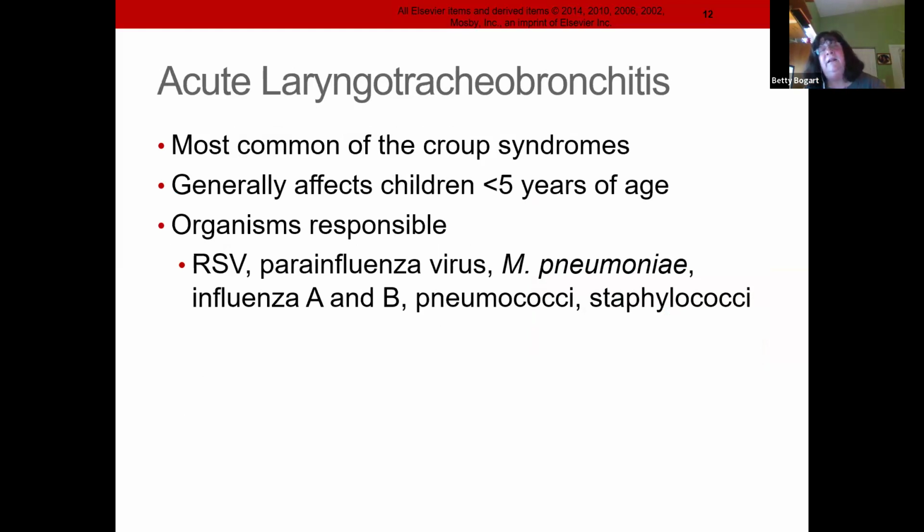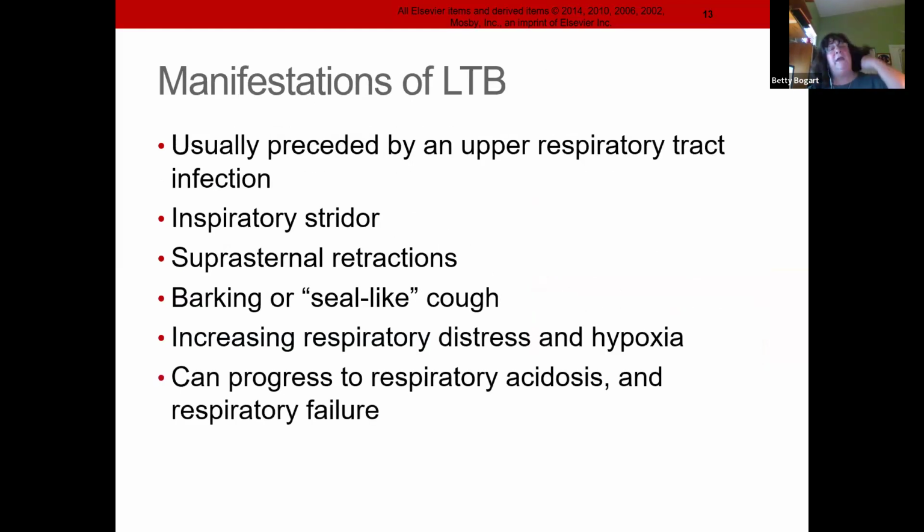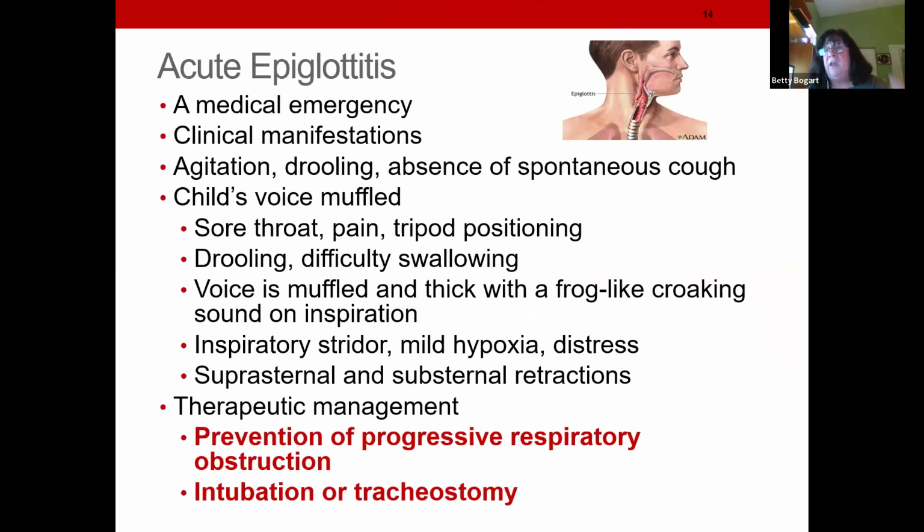Laryngeal bronchitis, again, that's your croup. And this is what we'll hear. And as I said, if we don't take care of it, it's going to lead on to some life-threatening stuff. The swelling goes up, air can't get in, and you end up with acute epiglottitis. Now, I've already said that's swelling at the back of the throat around the epiglottis. What does that epiglottis do? That's that leaf-like structure that covers the trachea when you swallow so that food doesn't go in your lungs. Well, that airway is now covered by this swollen epiglottis, and you can't get air in.